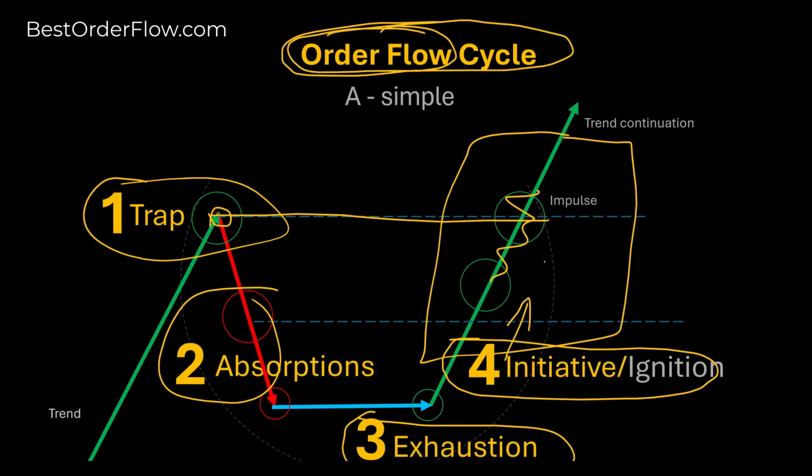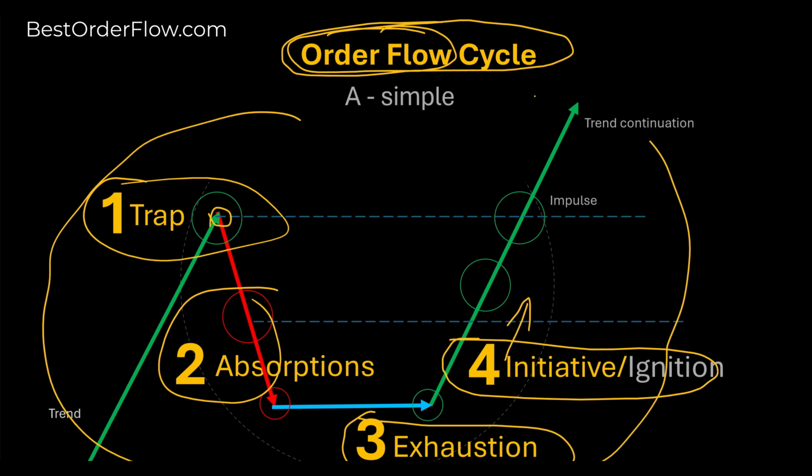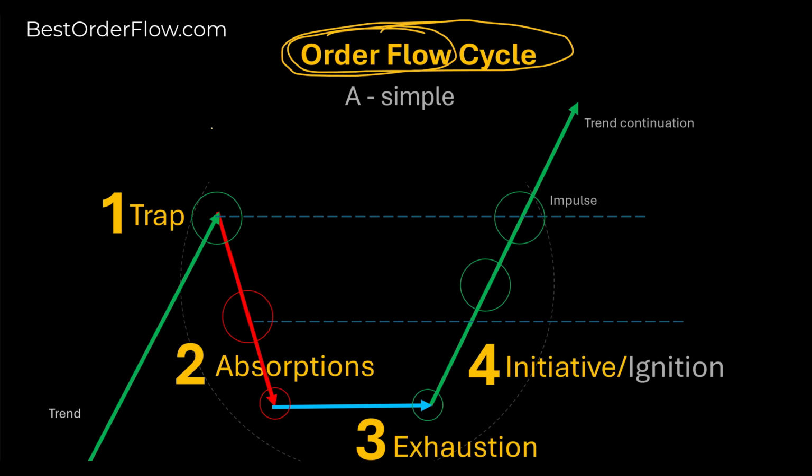Now we are getting out of the imbalance with this extension, and we can expect the trend continuation. This is a very typical scenario, and it is the ideal scenario for the order flow cycle. Why is that so? Because in real life, some of the stages can be barely noticeable,